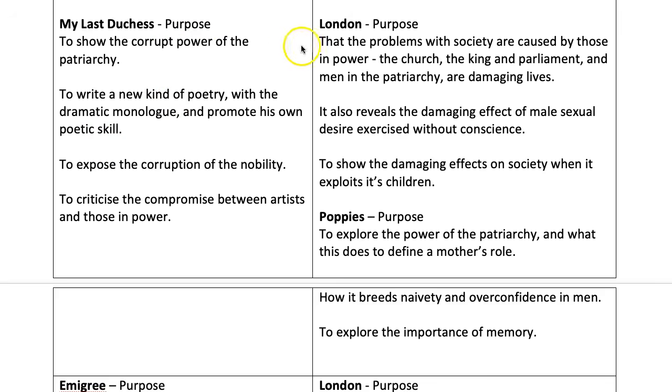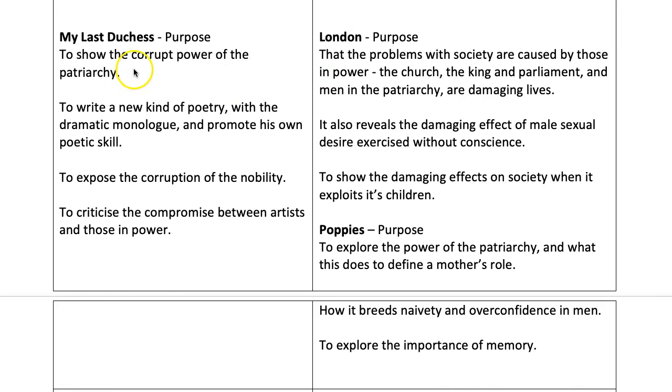So we've just done a really good comparison between My Last Duchess and London. But let's delve a little deeper. So My Last Duchess is written to show the corrupt power of the patriarchy. You remember that's male power that makes women subservient and victims of male power. You can easily see that in the poem. He's also trying to write a new kind of poetry, as I've already discussed. He's also talking about the corruption of the nobility, as we've seen, and the compromise between artists and those in